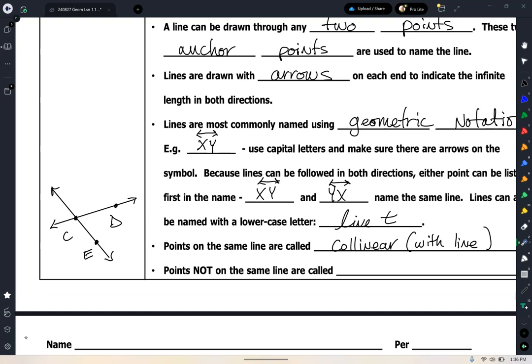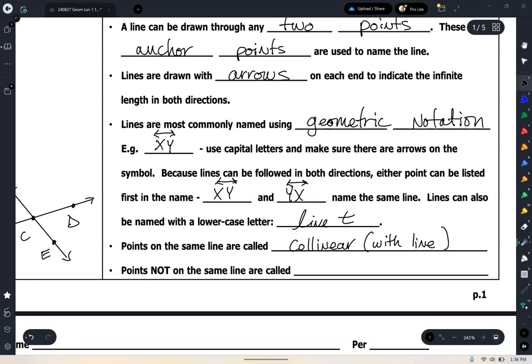No, you cannot, right? Because the only way to draw one straight path is either through C and D, or through C and E. If you wanted to draw through C, D, and E, you'd have to turn like that. It's not straight. Or you'd need a curved line, but we said we're not talking about curved lines. We said we're talking about straight lines, right? And so in that case, points that don't sit on one straight path are called non-collinear points.